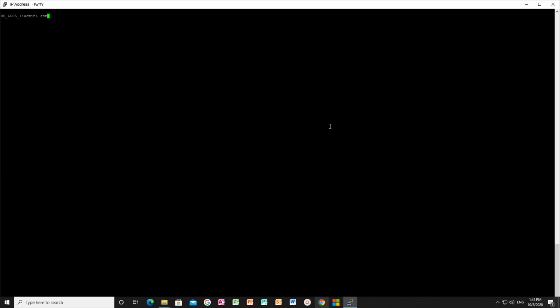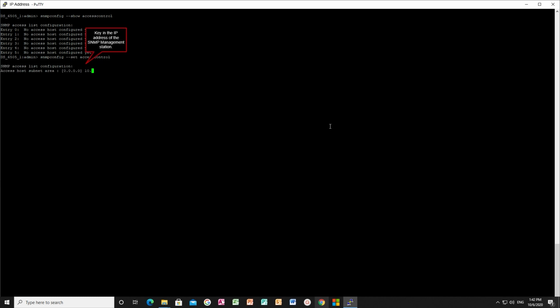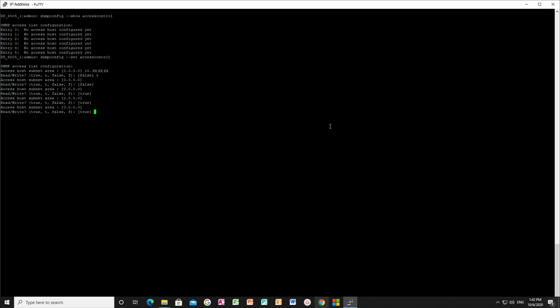The IP address of the management station must now be added to the access control list of the switch. ACLs allow you to filter out the traffic. Use the command snmp config-show access control list command to display the current configuration. Use the command snmp config-set access control list to set the IP address. Add the IP address of the management station.